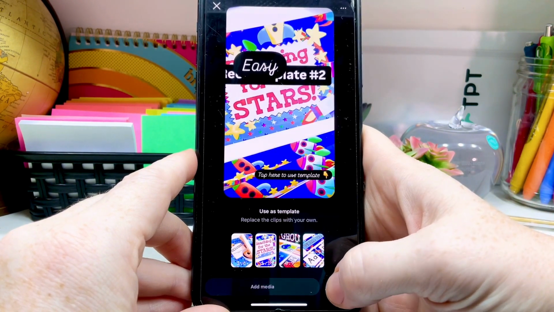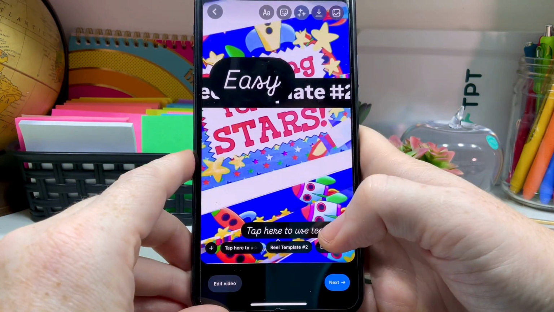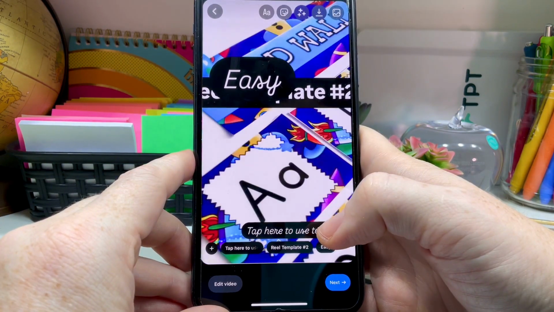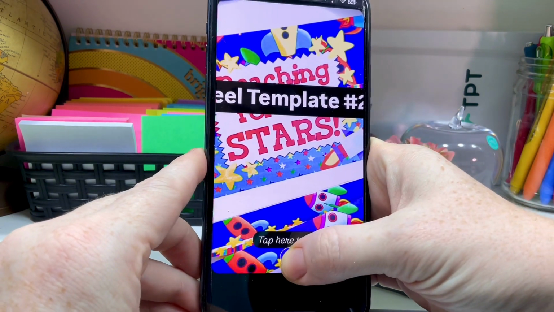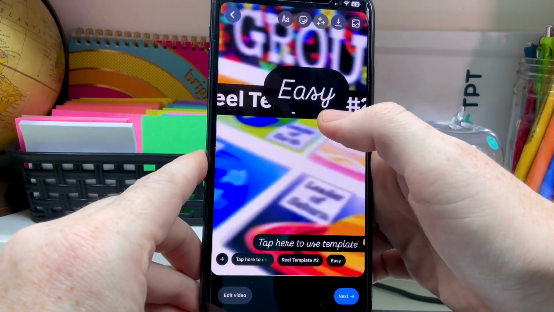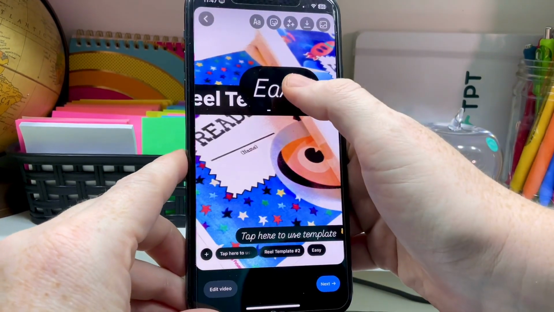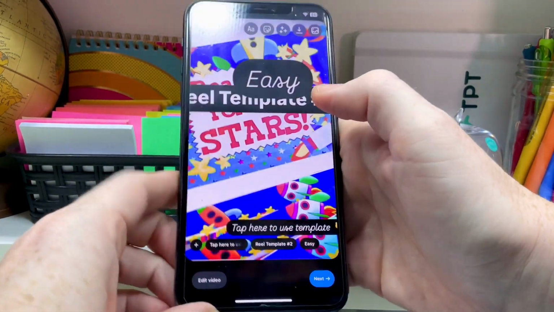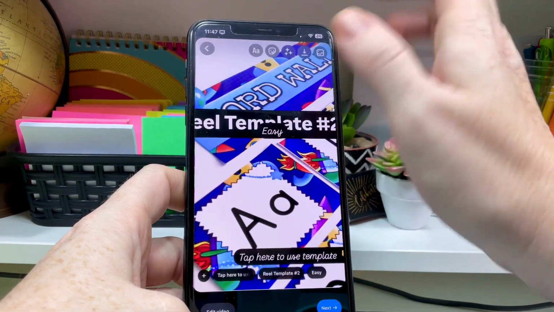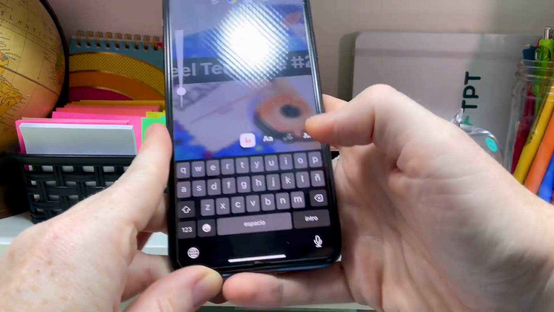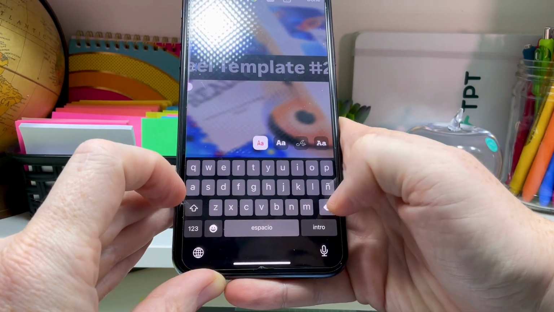But I'm just using some product photos from my camera roll. Then we'll go to next. And then the text gets really wonky here. I'm not sure why. You can either just drag and delete them and start from scratch, or you can tap and actually first let's make them smaller, because when they're bigger they can just really do crazy things. So I'm going to tap right here and just make some adjustments